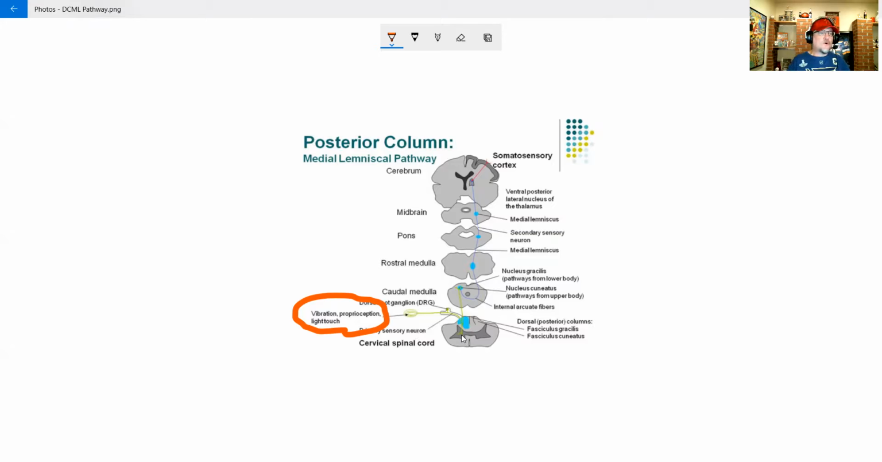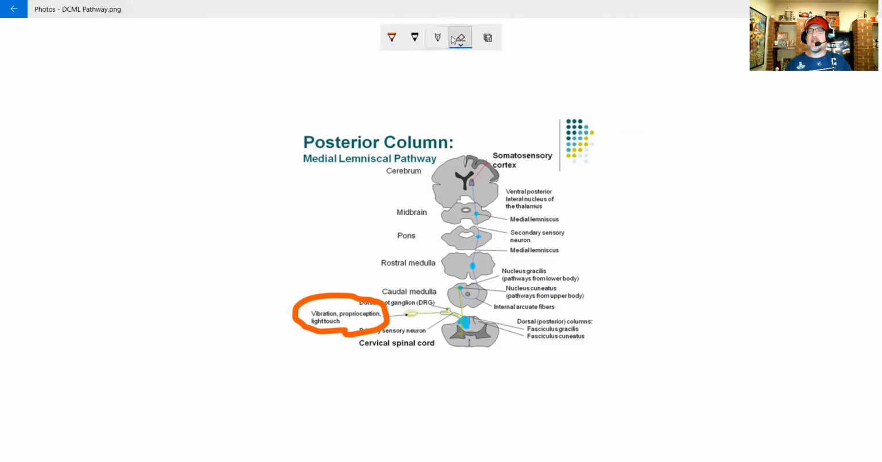So that first order comes in and goes right up through what we call the gracile fasciculus and the cuneate fasciculus. Generally, the gracile comes from the lower body information and the upper body comes from the cuneate. So that information goes up. The first order goes up all the way up until it hits